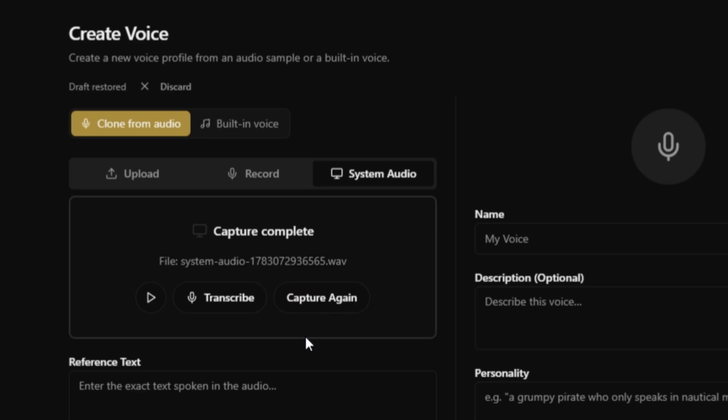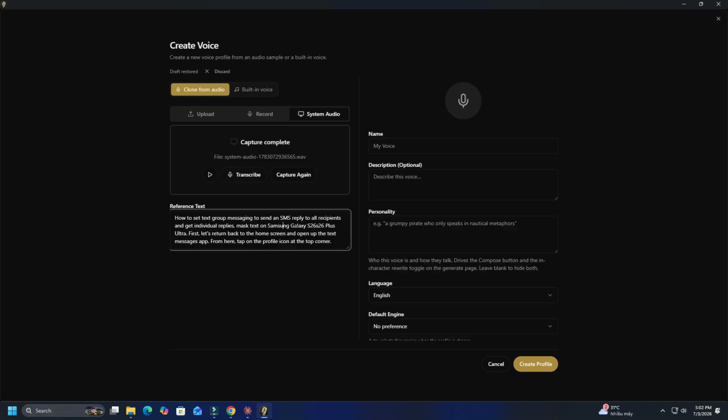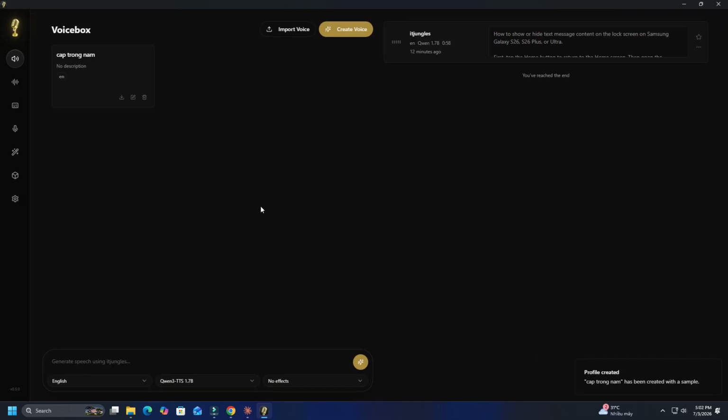Once you're done, click Transcribe. Then enter a name for your voice. After that, click Create Profile. Now your cloned voice is ready to use. Go back to the text-to-speech section, select the voice you just created, and then type the text you want the AI to speak. For example,